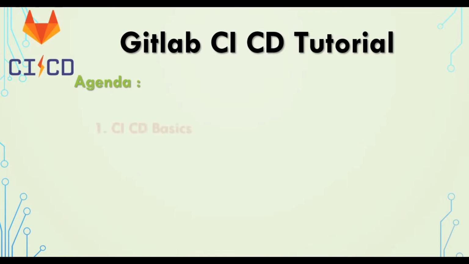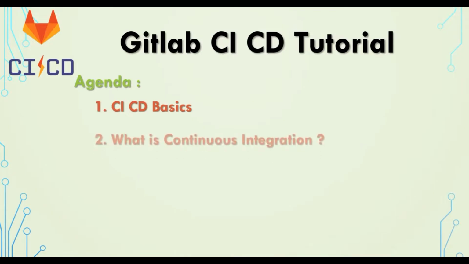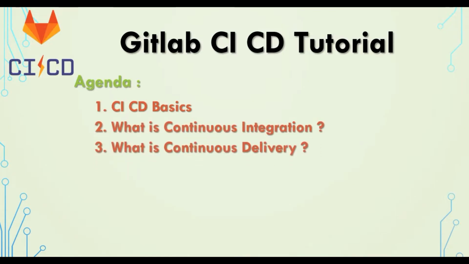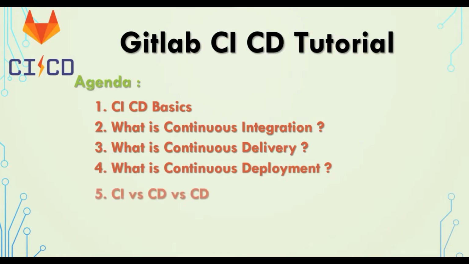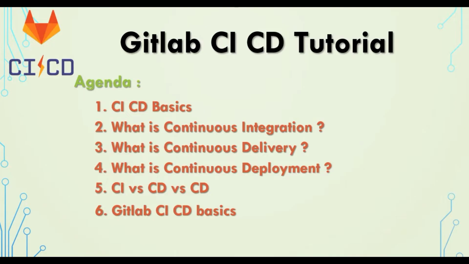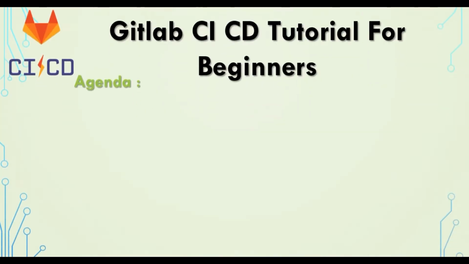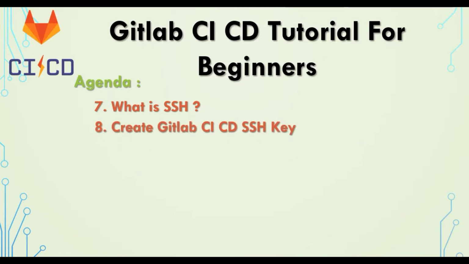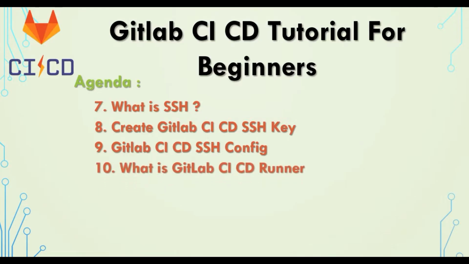So let's talk about the agenda. We'll be talking about CI CD basics: what is continuous integration, what is continuous delivery, what is continuous deployment. This will be the basic concept of CI CD, and we will talk about the difference between CI and CD. There are two CDs, continuous delivery and continuous deployment, right? And we'll also talk about GitLab CI CD basics, and then we'll move on to what is SSH, because Secure Shell is a little bit important here, because we need to create an SSH key and integrate it with GitLab. So we'll talk about how to do all those CI CD SSH configurations,